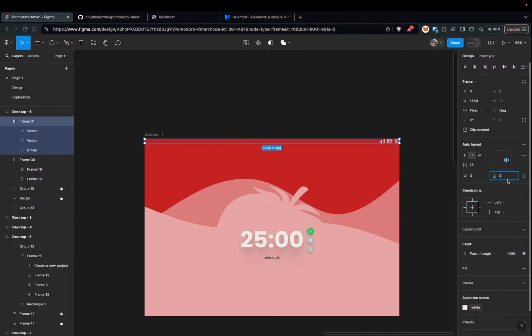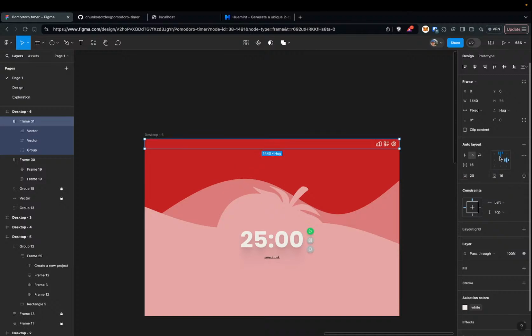Then we can add some padding top, maybe 16, and maybe some padding to the right as well. 32,